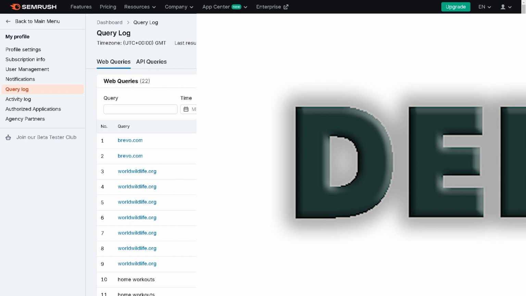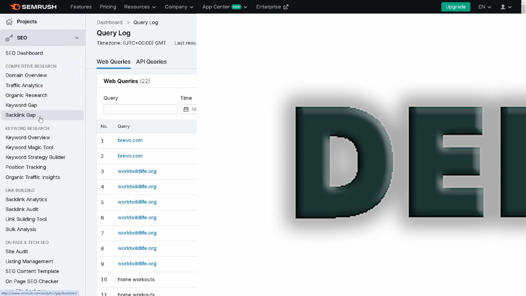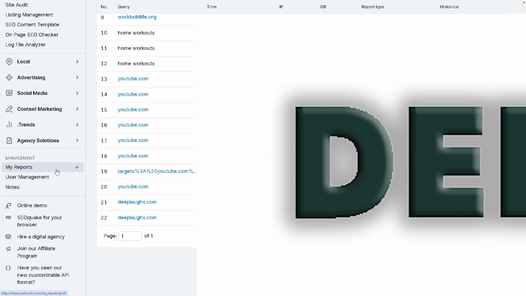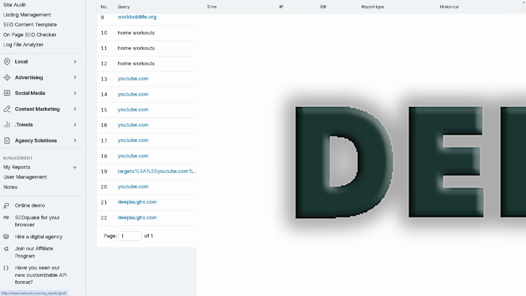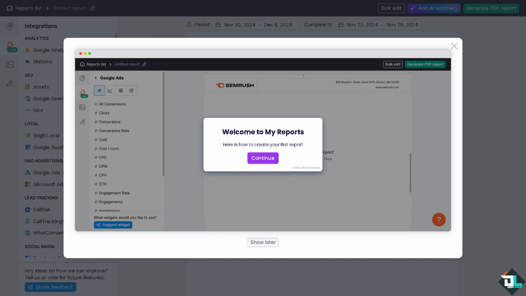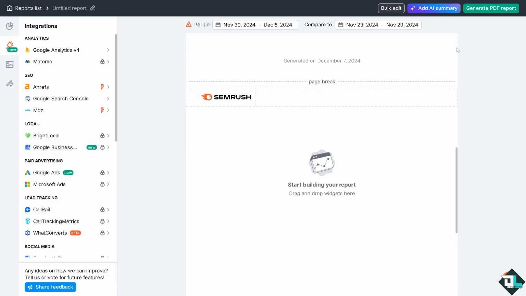The last option that you can use to check the history activity here in Semrush is go to the main menu, hover down below where you can see the My Report section. Click that. You should be able to view the historical data reports because these are going to be the options that you have downloaded the data for reports for various metrics such as organic search, backlinks, and a lot more. And these reports can be customized to include specific timelines. Just go here and you should be able to check all of the reports that you have generated as part of your